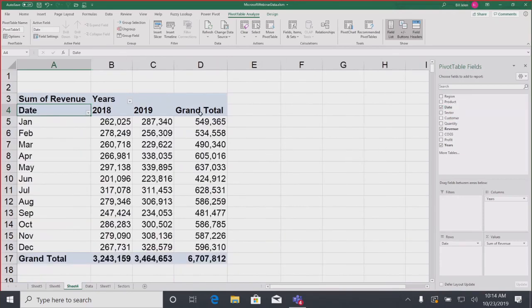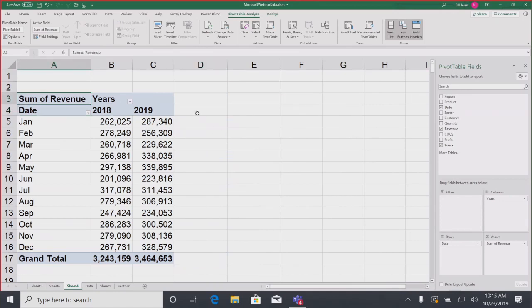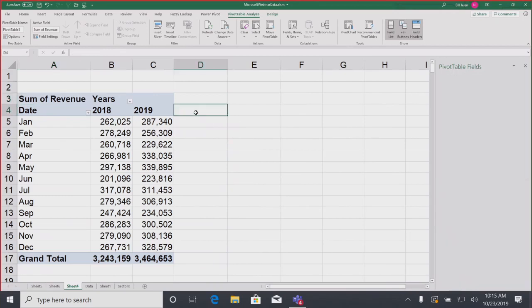Now, what I'd really like to see in column D is a percentage change. Are we up? Are we down? All right. The grand total doesn't mean that much. I just need to know, for each month, are we up or are we down? So right here, I'm going to right click and remove grand total. And there are two different ways to do this. And I'm going to do the way that I do. All right. Which is dangerous. And you'll see why it's dangerous.